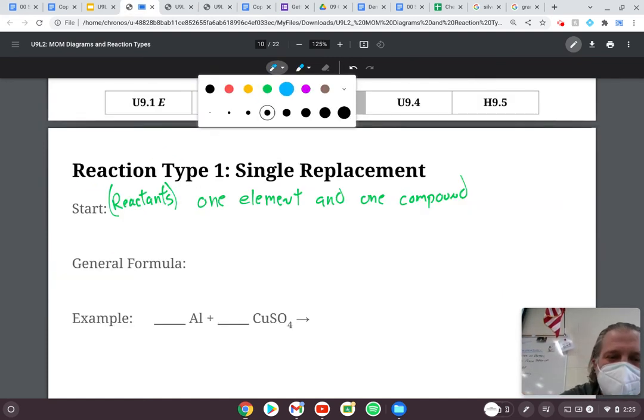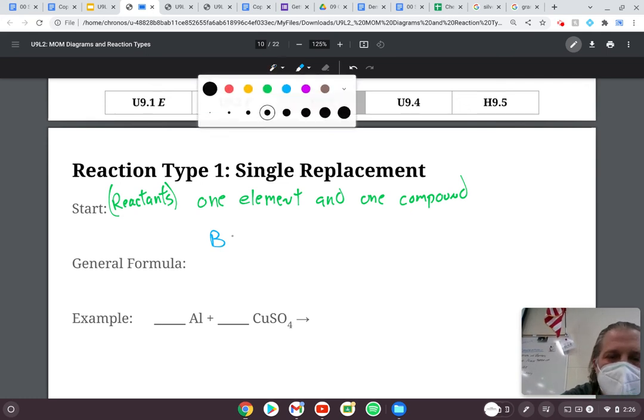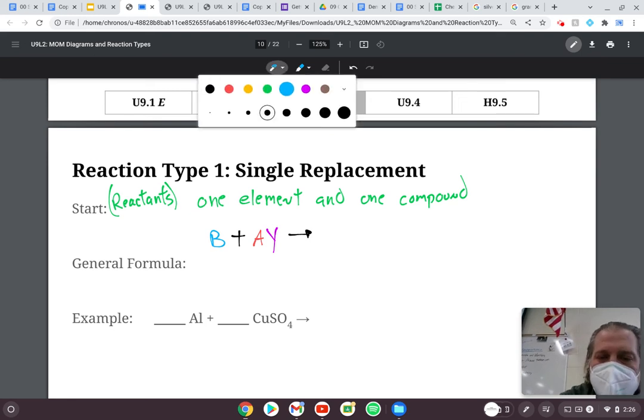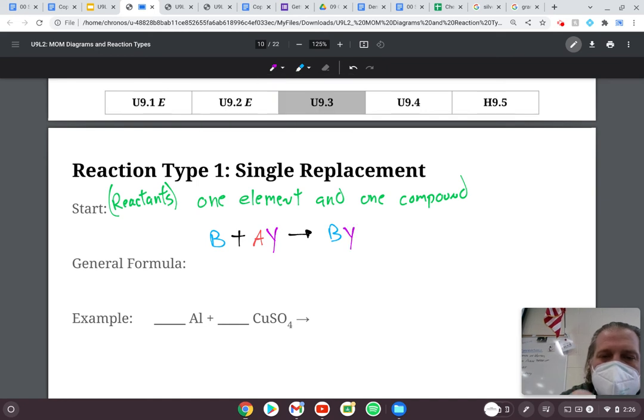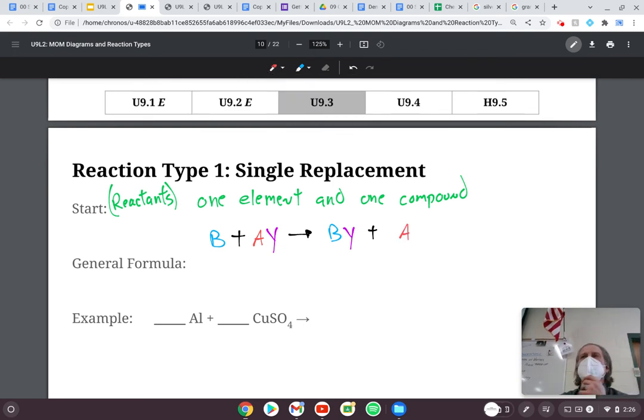B plus AY will react to form BY plus A. Now, this format is for a metal